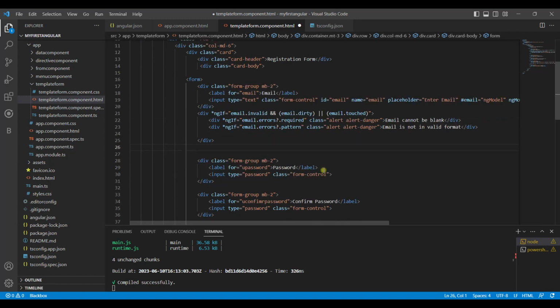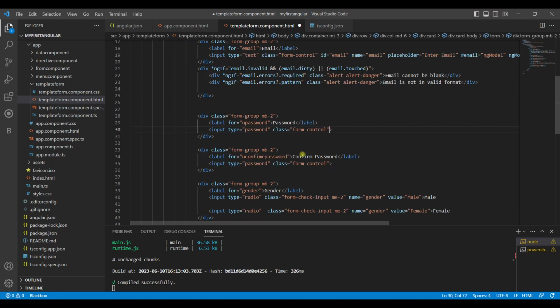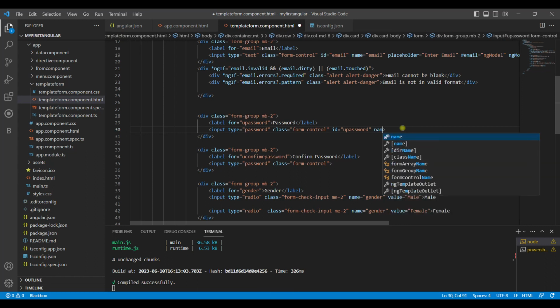Now for the password, we can just check for required and everything, but we want to go a little bit further. We want to compare these two text boxes, whether the value is the same or not. So first and foremost, we give the id property over here, and the id property should be upassword, that is what I have specified over here. The name property also we specify as upassword, and